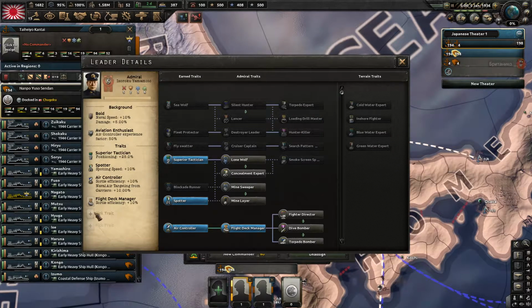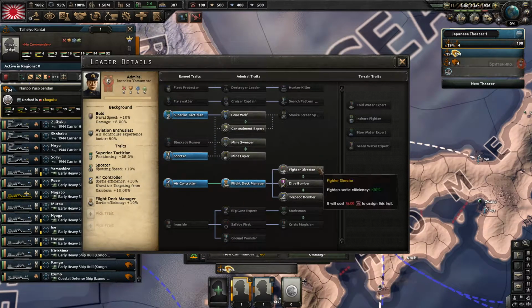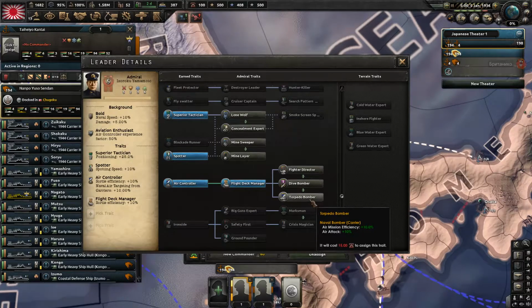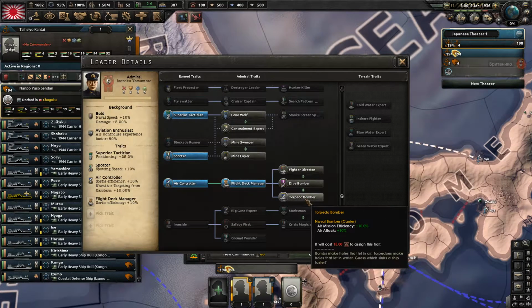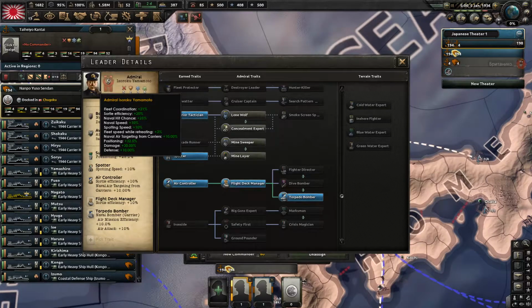You see you have 2 trait slots here available, and I'll tell you which ones to pick. The torpedo bomber, air attack, air mission and mission efficiency. Again, not the best thing, but these are the only types of planes that you'll be using as Japan on your carriers, and ideally as every nation. So this is definitely a worthy pick, since you shouldn't leave those trait spots open, since admirals very rarely